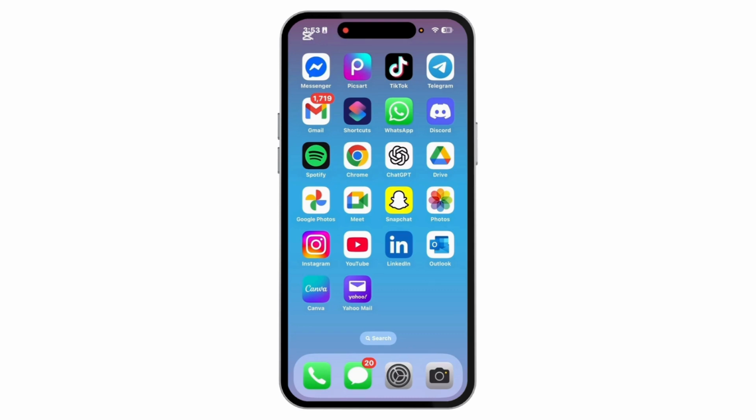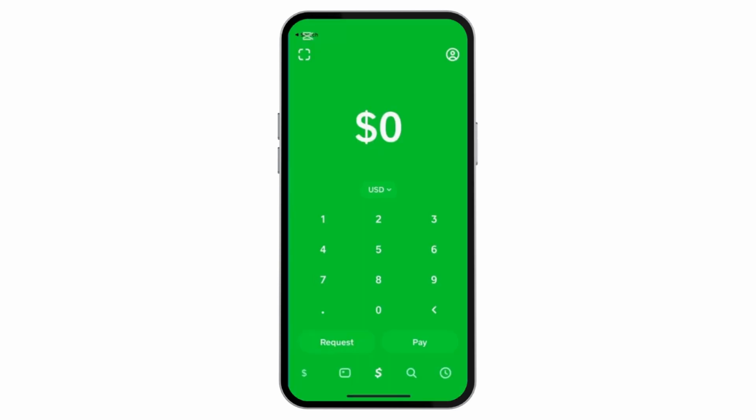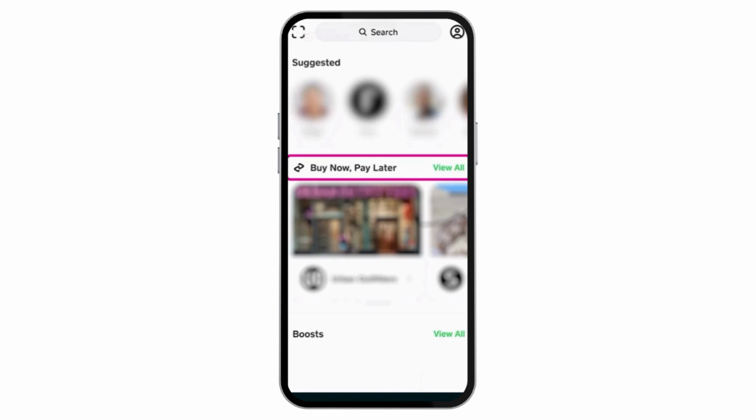So let's get started. At first, open up the Cash App with your account. Once you open Cash App with your account, you will get this type of interface. From here, at the bottom right, you'll have to tap on the search icon or Discover. From here, after you come to this Discover section, tap on the search option at the top of your screen,